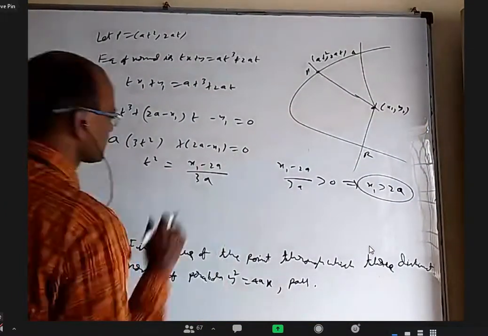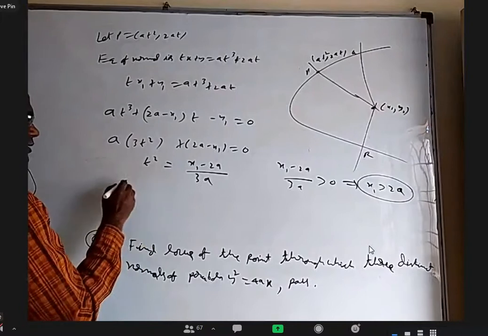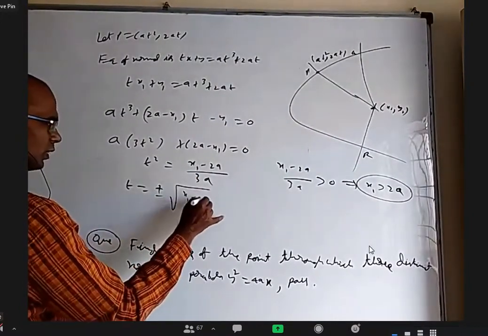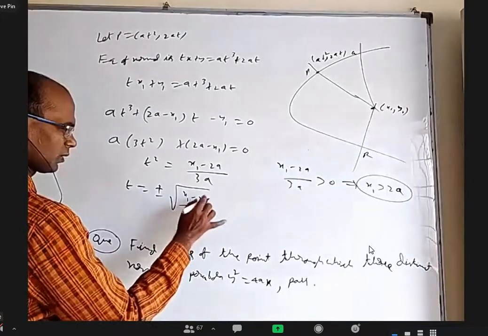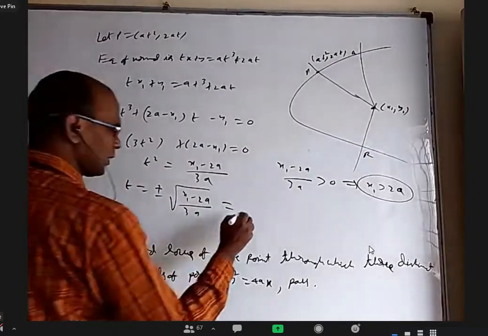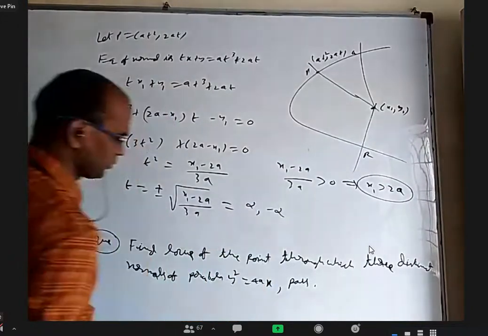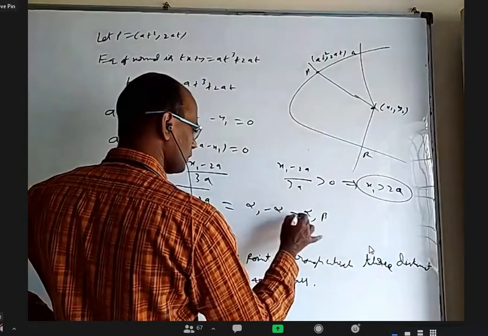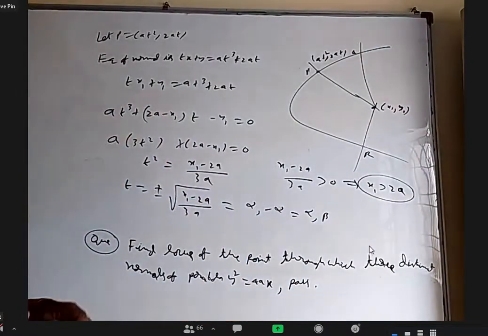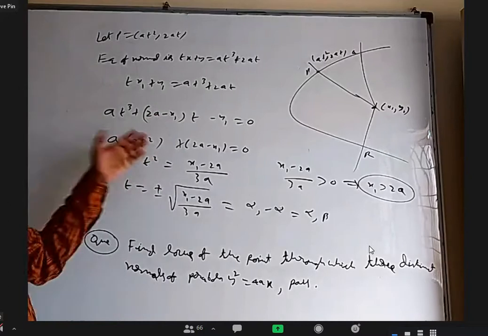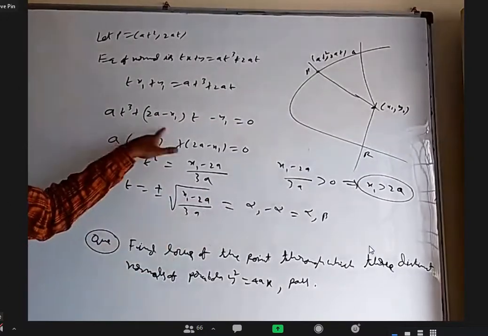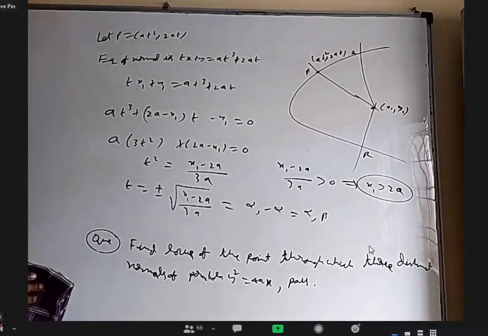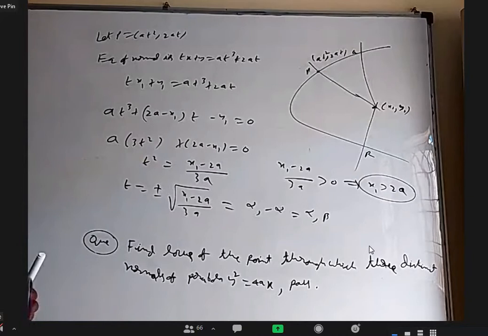Now from this I'll get t equal to plus or minus root over x1 minus 2a by 3a. I'll call them alpha and minus alpha, which I can also call alpha and beta basically. So whenever you want a cubic equation to have two distinct roots, find the derivative of that, get a quadratic equation that should have two roots. When you substitute those roots here, their product should come less than 0. As I said, it is a little complicated because we are using this concept here.